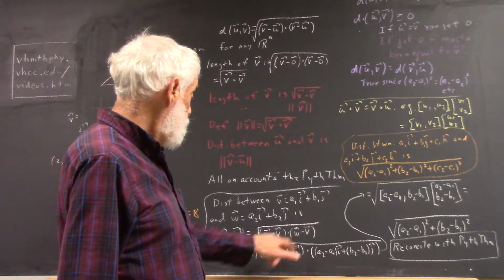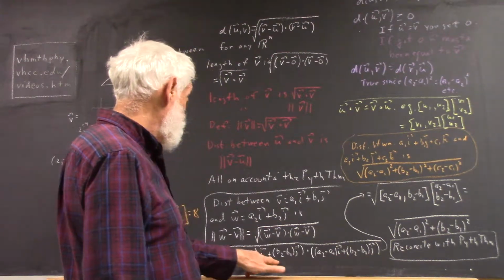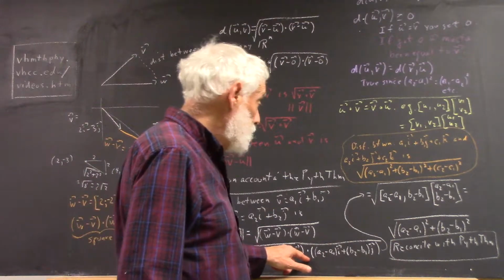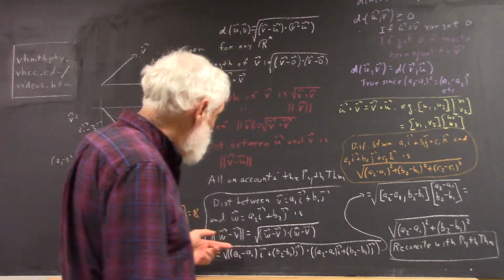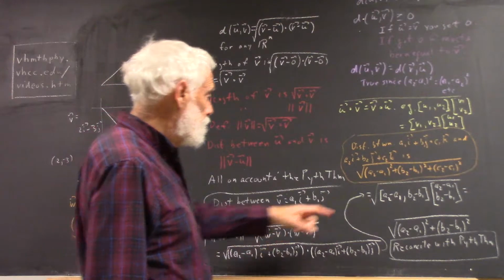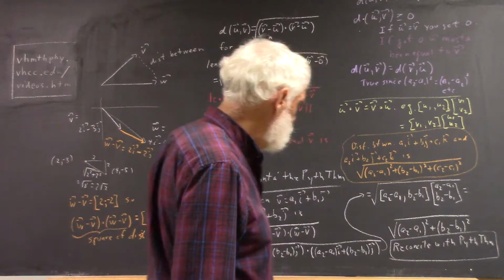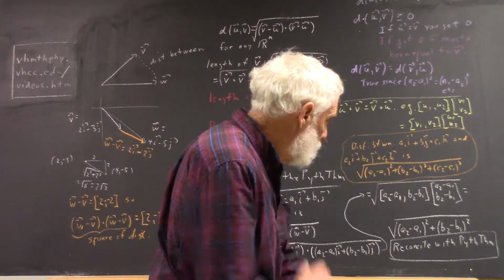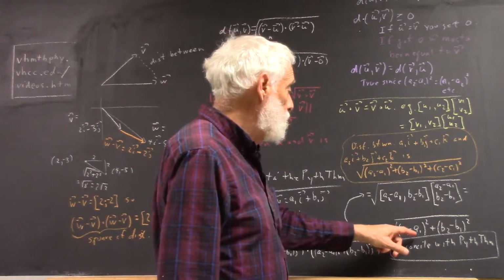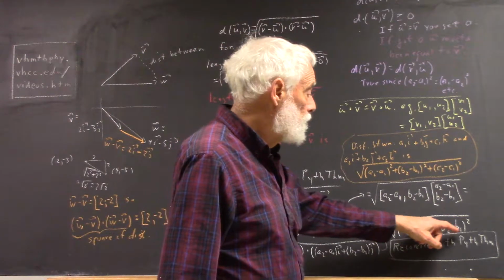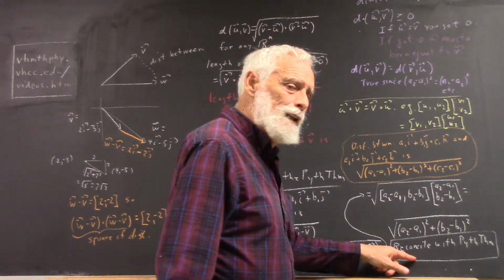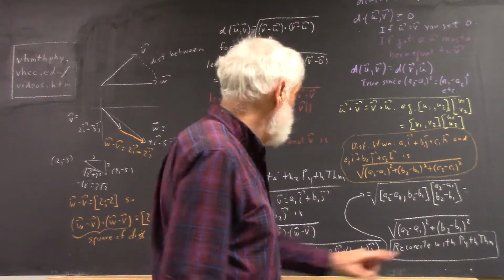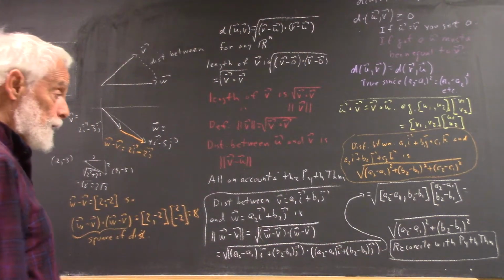So I've just written down the difference between the two vectors, written it down again with a dot. The dot product means I write this vector as a row vector, a2 minus a1, b2 minus b1. Write this as a column vector, a2 minus a1, b2 minus b1 in a column, and that gives me a2 minus a1 squared plus b2 minus b1 quantity squared. And then I said, reconcile that with the Pythagorean theorem. We actually did that for a specific vector over here, but in general, why is